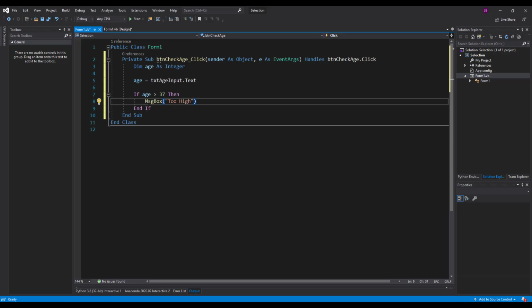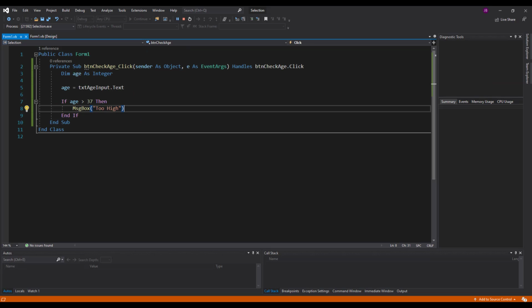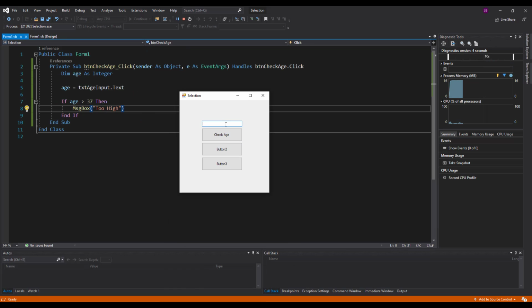Okay, just test this. I'll make sure it works. And here we are, check age. So if I type in there 39, check the age, it says too high. Okay, if I type anything lower than that,